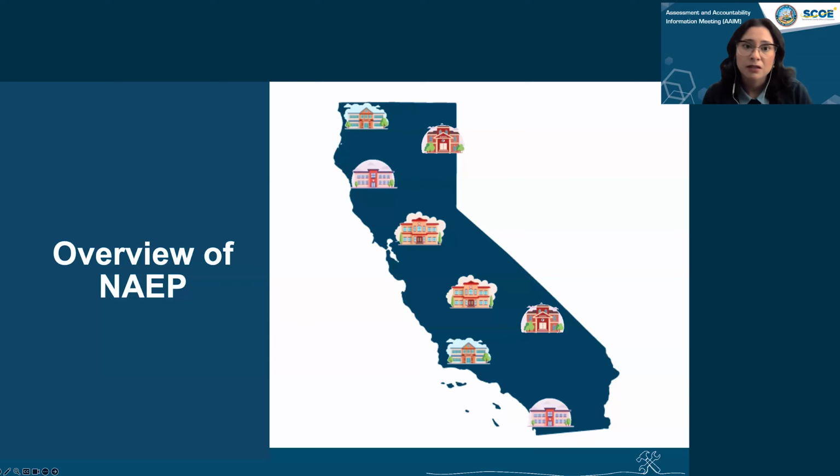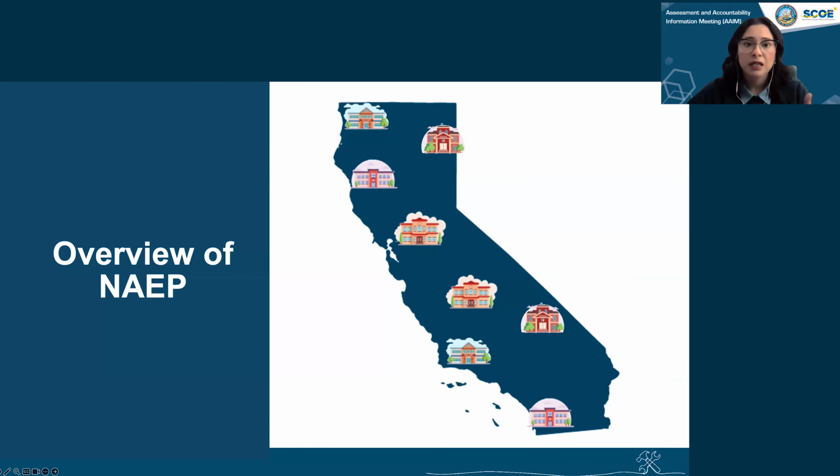So we get to compare essentially apples to apples with the same assessment questions, which is very different from state testing, which all states develop and score on their own. So who is running this program? The National Assessment Governing Board, or NAGB, sets NAEP policy and frameworks, and the National Center for Education Statistics, or NCES, will oversee the program. And then again, each state has a coordinator, and for California, that is me.